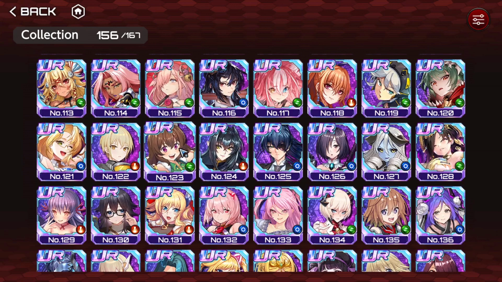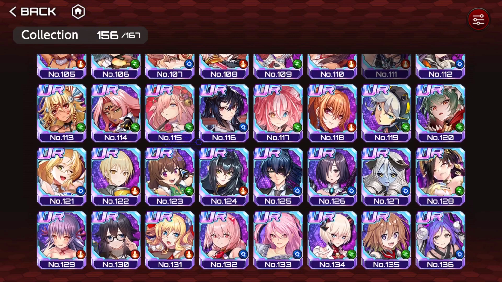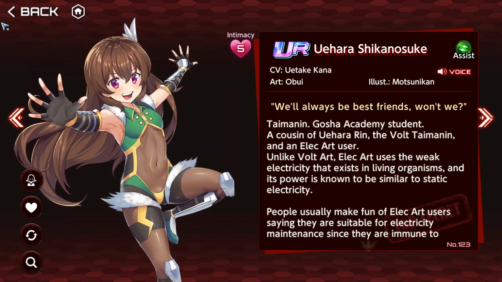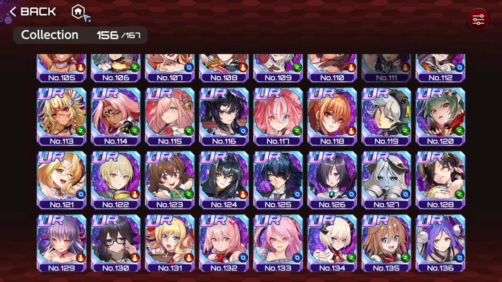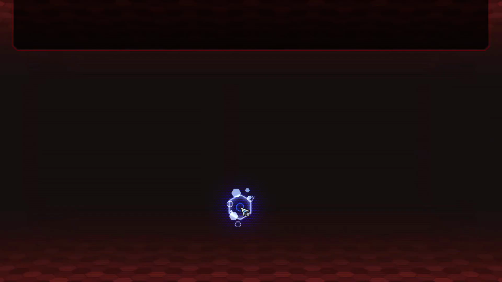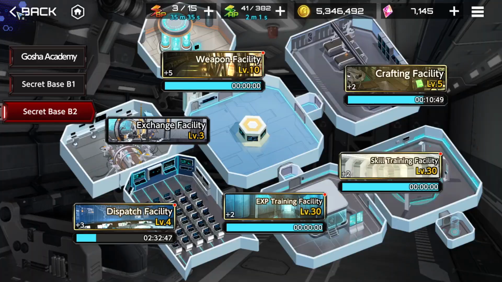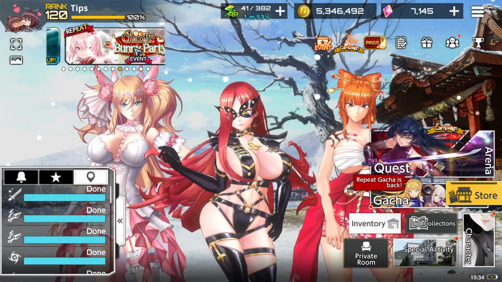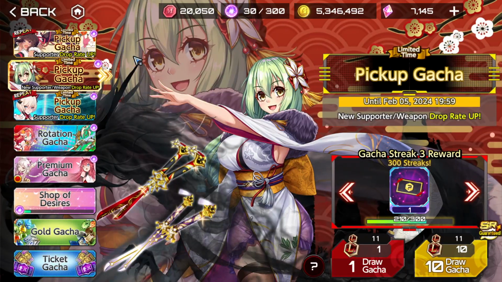So it's fine to roll on a bad banner, because you can dismantle this and you can get gems if you get at least one copy. Or you can use the exchange facility with those bad supporters, and then you get a chance to reroll maybe something limited. Okay, so it is not as bad to use those. It is just best to roll when there's an actual good supporter. Then it says